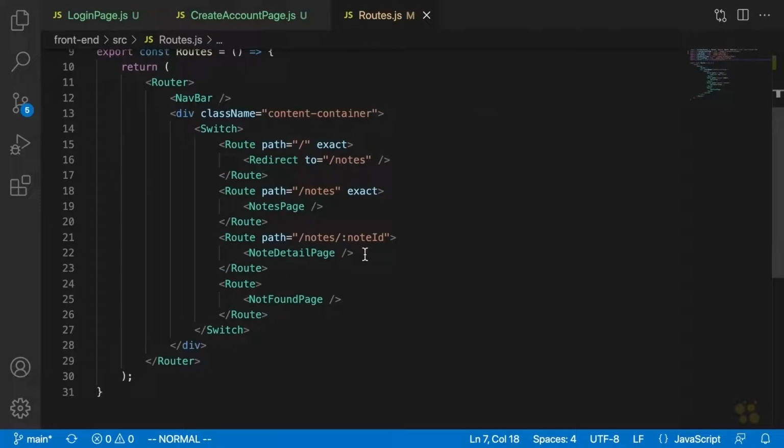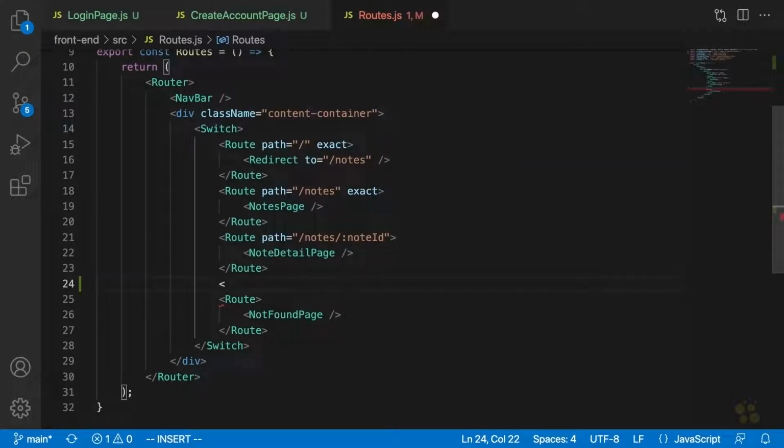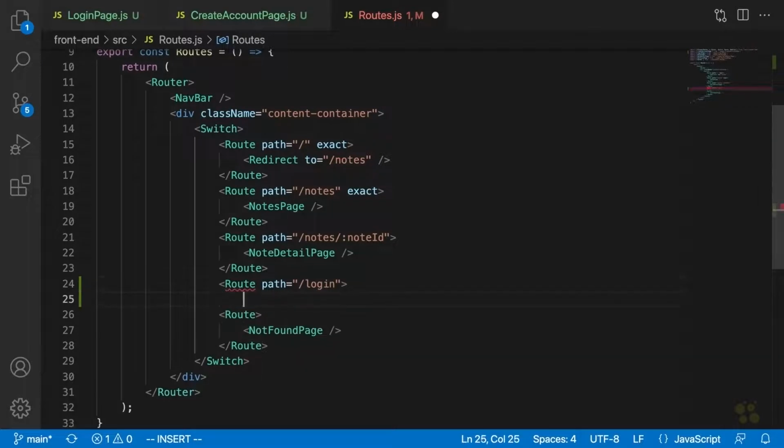All right, and now the routes for these things. I generally like to keep the login page and create account pages together route-wise. We're going to have to put them before the not found page, of course. But that just kind of helps me to find them when I go into the routes file later on. So what we're going to do, we're going to say Route. The path here is going to be /login. And inside that route, we're going to say